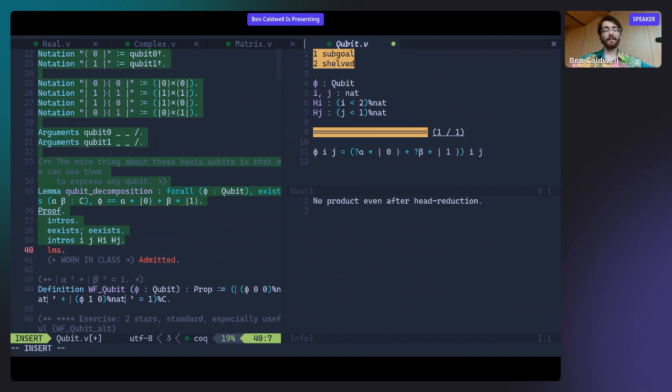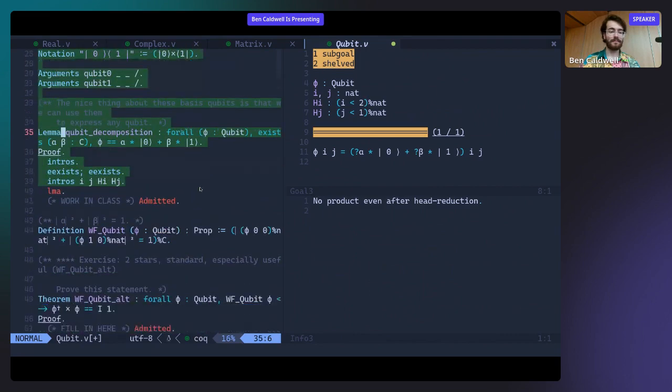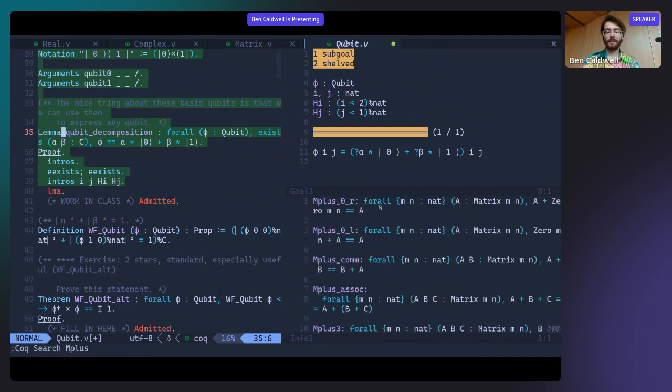Okay, so we can't automate that away, sadly. Okay, so, right, we're going to have to look into